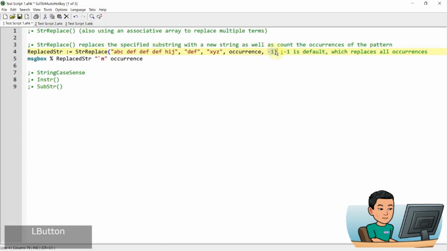Now the last parameter is -1. This is by default, so you can take it out, or you can also put in numbers from 1 to whatever to represent how many occurrences of the substring you want to replace. So if I put in a number of 1 here, it's just going to replace the first instance of def,